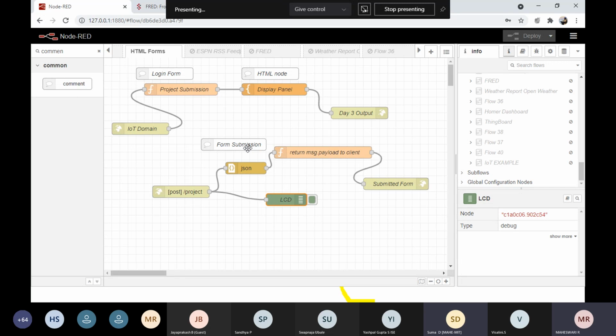Without HTML code also we have a form node to design a form, but HTML gives much more functionality than the form node. You can add a cascading style sheet in your HTML, so you can make it much more stylish. But if you want only a basic form, you can use the form node available in Node-RED.